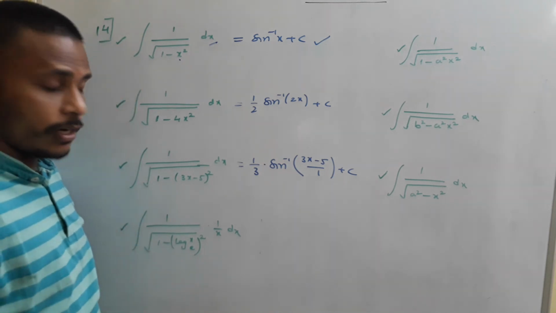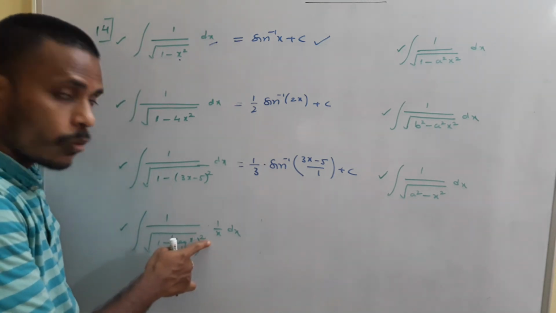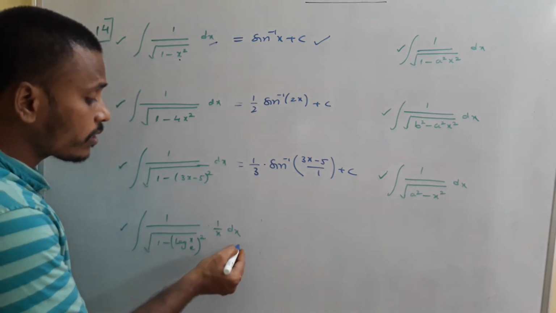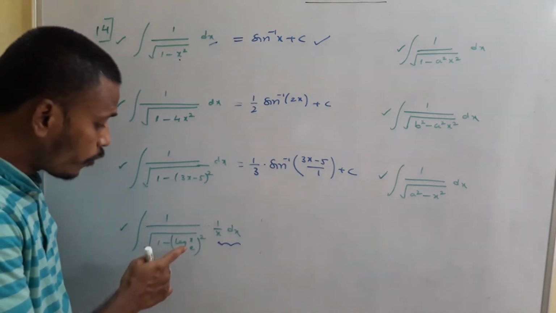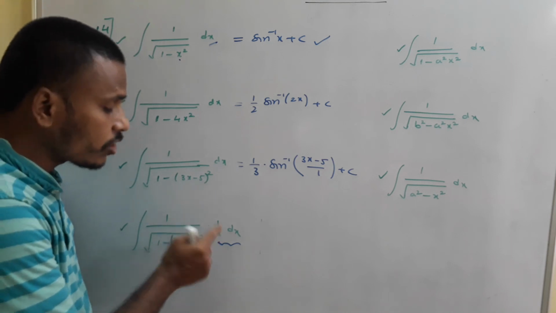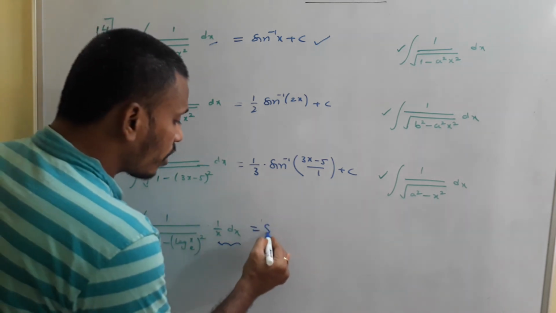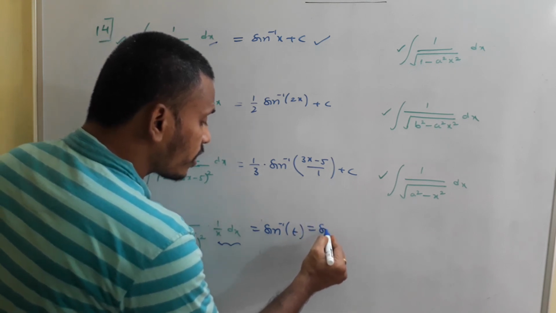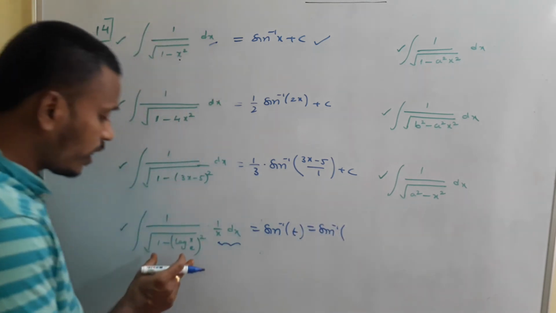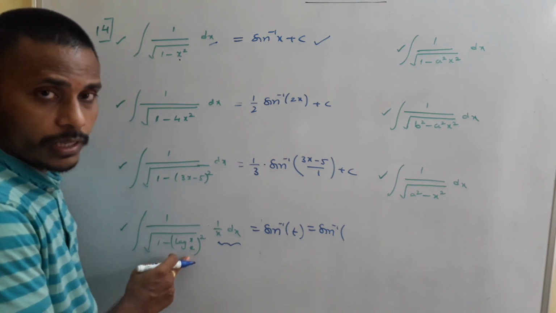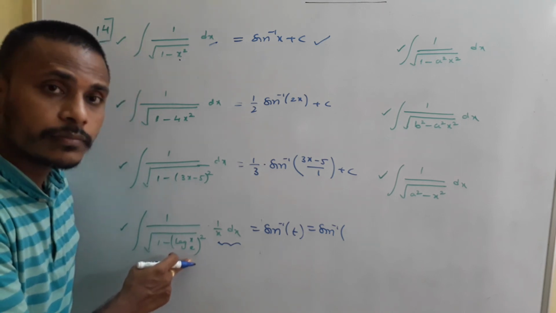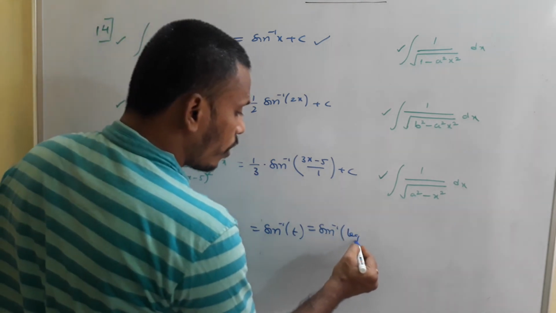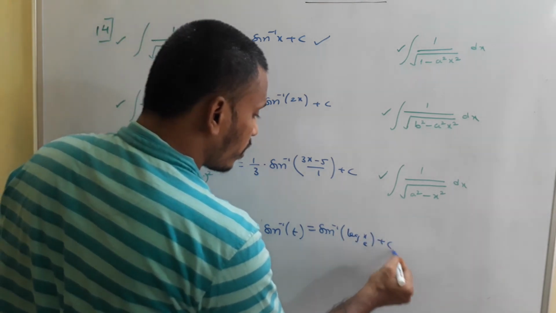Whereas for the next one, here log x base e whole square, log x base e is involved along with the derivative of log x base e as 1 by x dx. If you take it as t, dt is already given, so your answer is sine inverse of t plus c. And what is t here? Here t is log x to the base e, because if it is t, then 1 by x dx is dt, and that's why sine inverse of log x to the base e plus c is my answer for this bit.